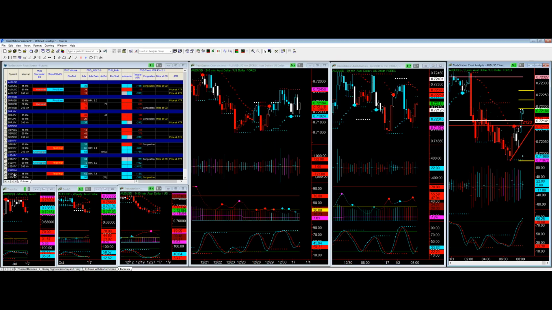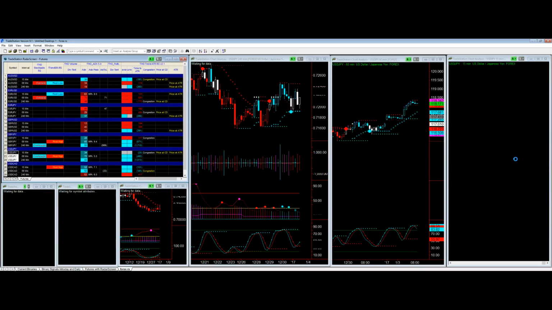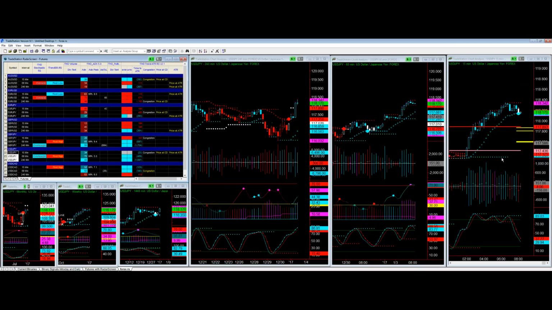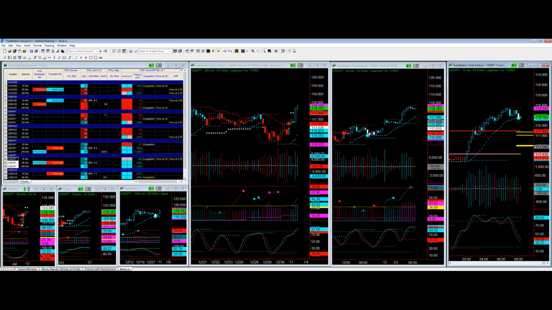Now, there's one on the USD JPY that just came in. It's to buy 118.14. So right here, you see you've got a dot there. Do you see how you're overbought over here? This magenta dot on the ADX is telling me it's going to come down and test the ATR, more than likely at 117.68. Now this ATR could also move up, but I'm going to put a line on the chart